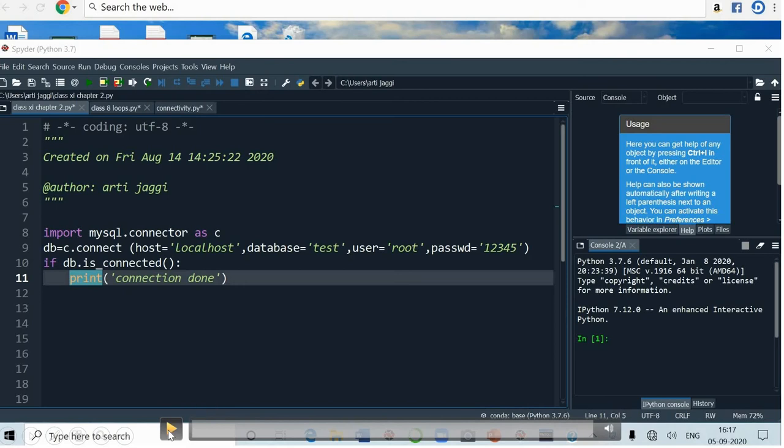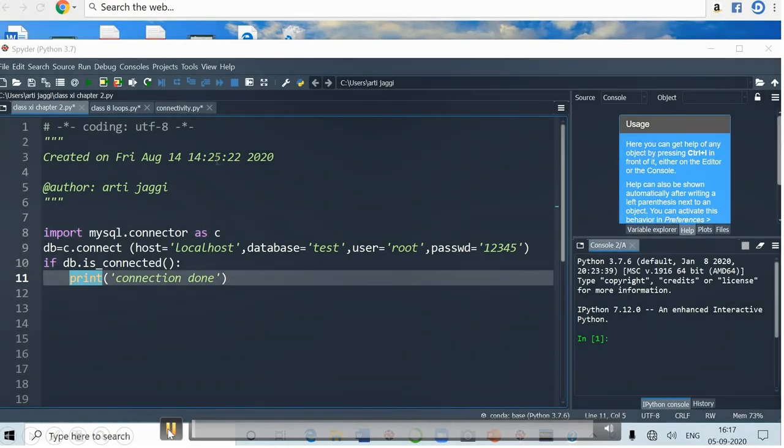Okay, now I'm showing you practically how you can do it. So let's start with coding in Python. Python is the front end and we are going to connect both the ends. Back end is our MySQL. So I've already typed here import. I'm importing mysql.connector as c. I've already shown you how we can get the connector in MySQL. Then db, I've taken the variable name as db is equal to c.connect.